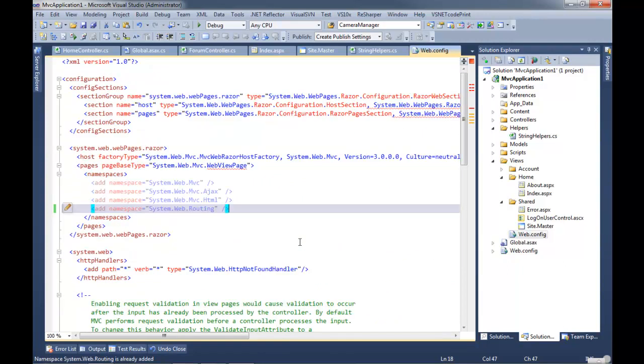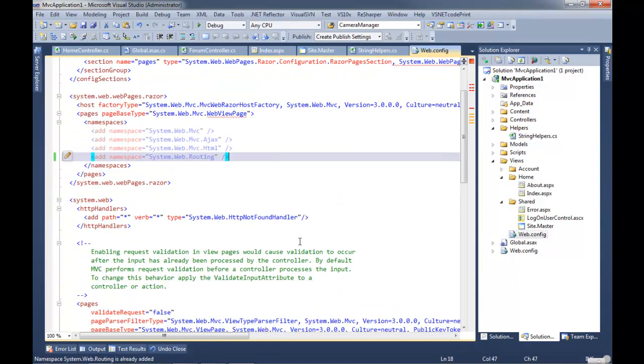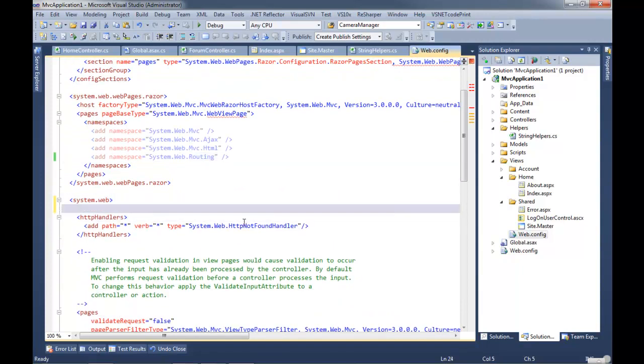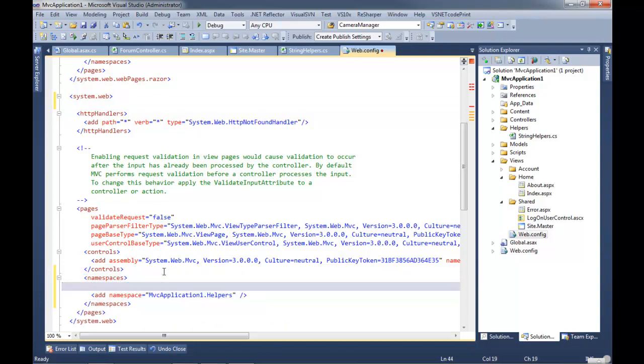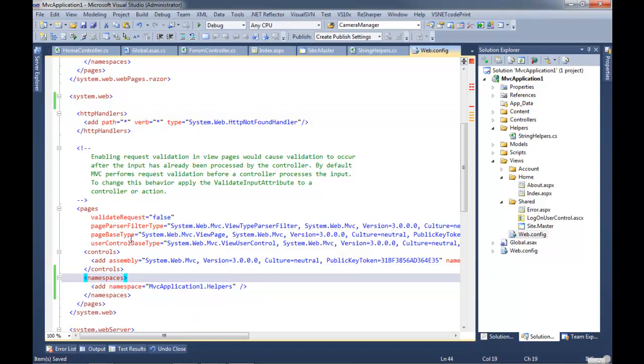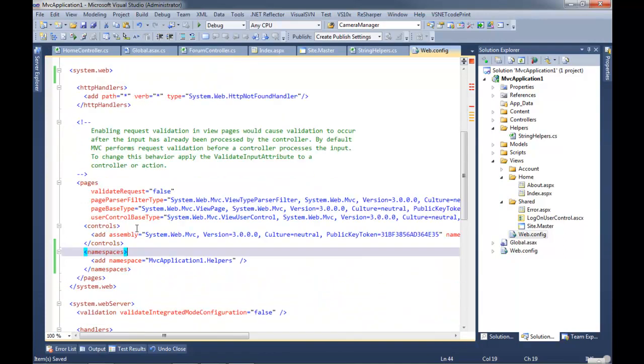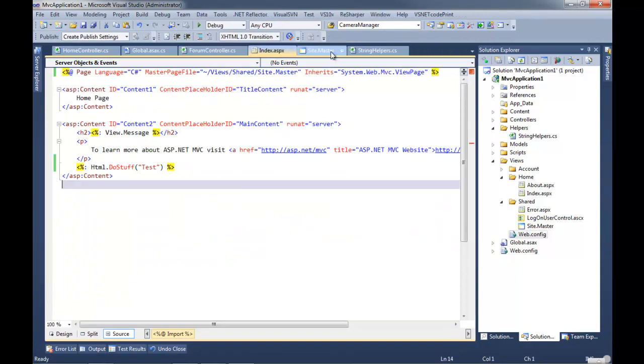Let me go find this little guy. He doesn't have one, so let's make one. No, it's under Pages. Namespaces. Don't be afraid of this file, and we're going to make everyone no longer afraid of these files, because I was terrified of these files before I started doing a lot of development. And we will go in depth over these guys. For now, if you add the namespaces to the Pages element and add namespace, all of these guys will be added to all of your views implicitly.